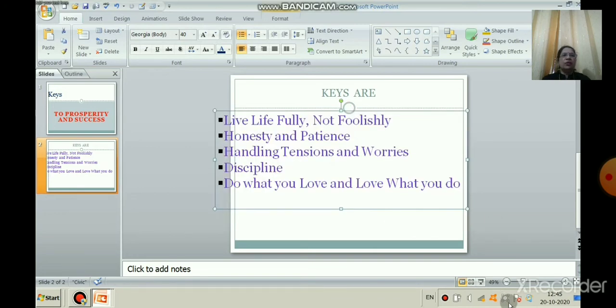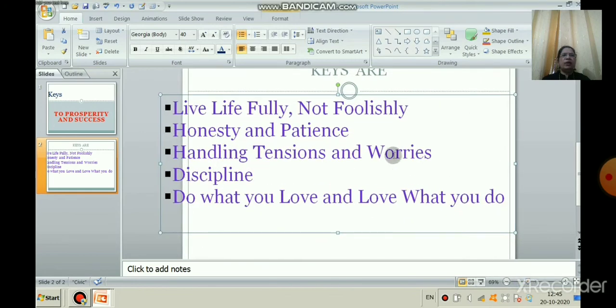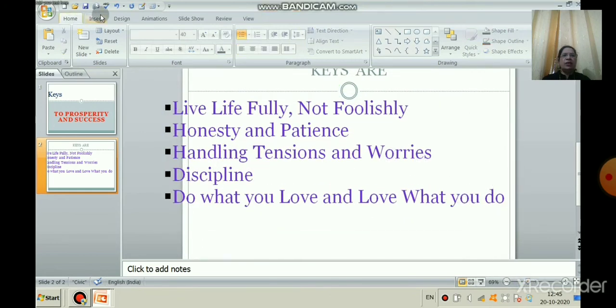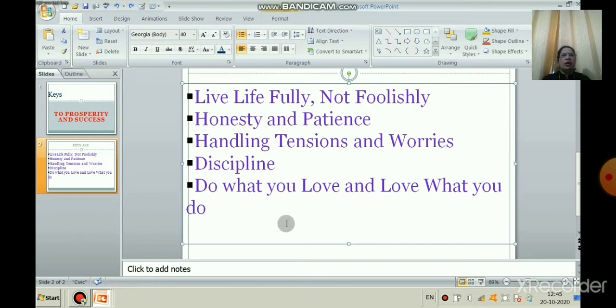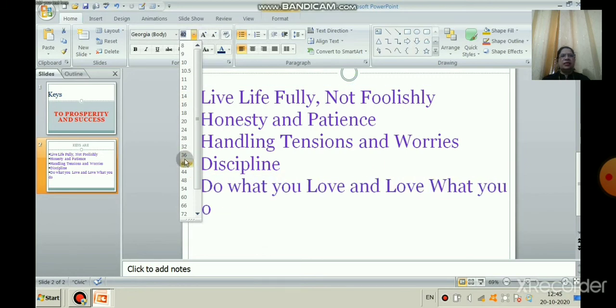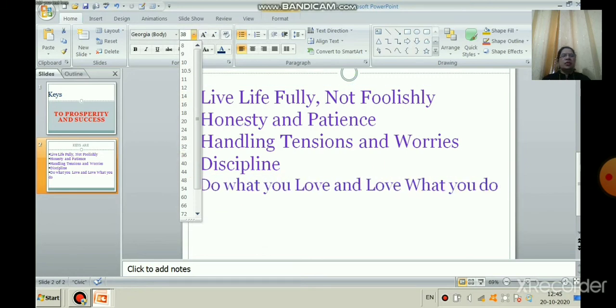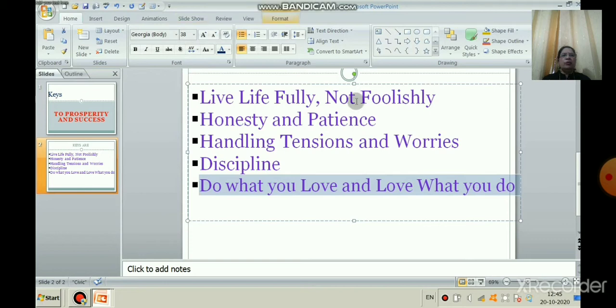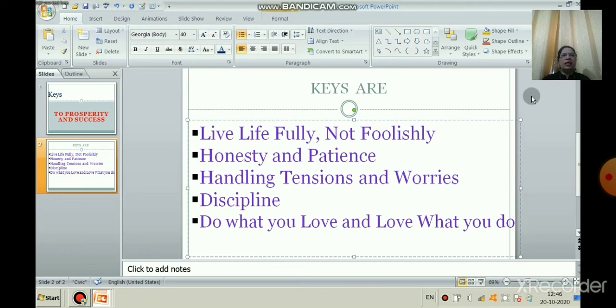Now we will do one thing. We will take the points one by one and learn how to give a custom animation and transition effects to the particular slide. First of all, we will adjust the text here. These are the 5 points, written with the help of a bullets list. Now we will take the first slide, and we will give the transition effects to the slide.